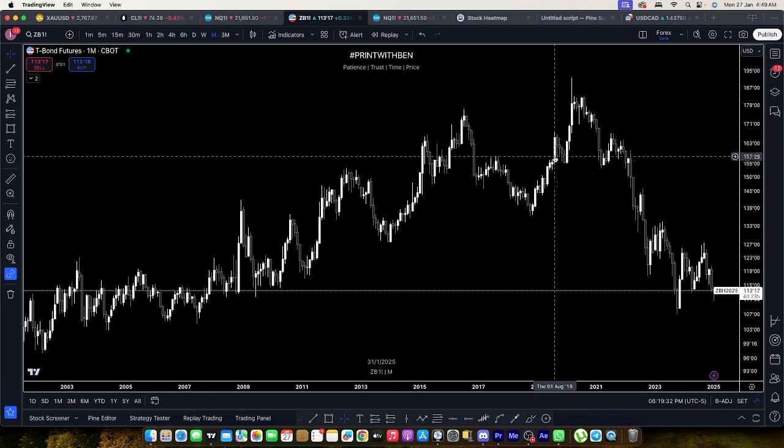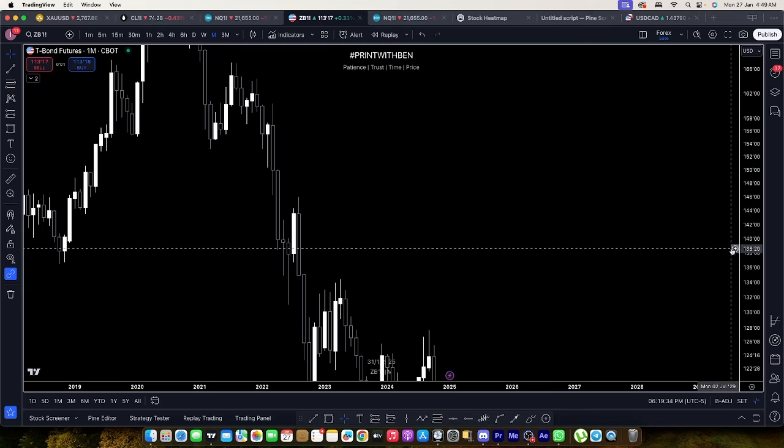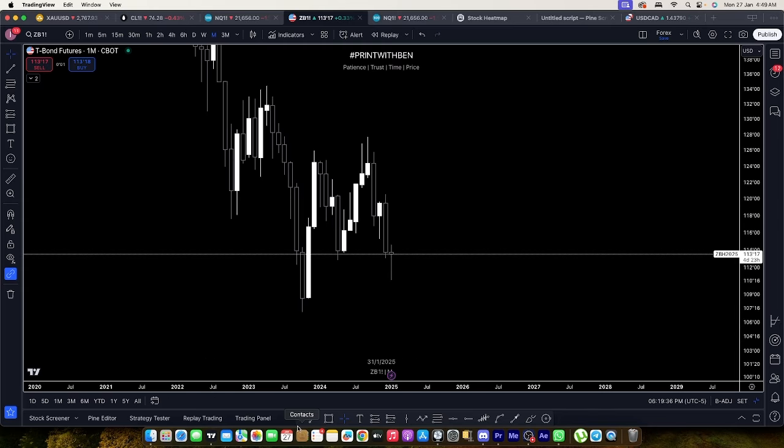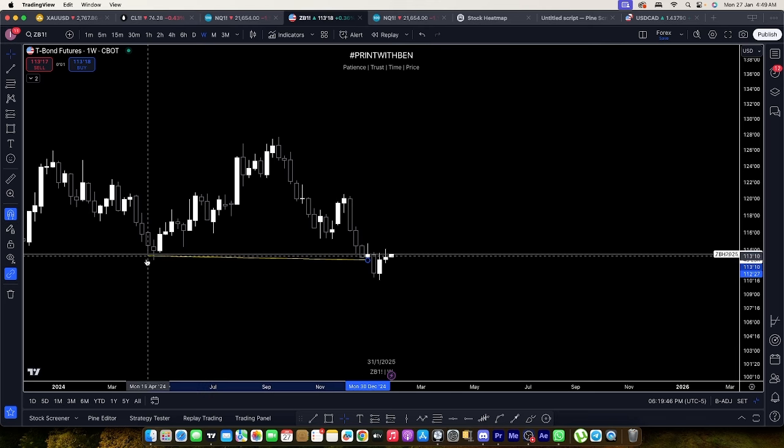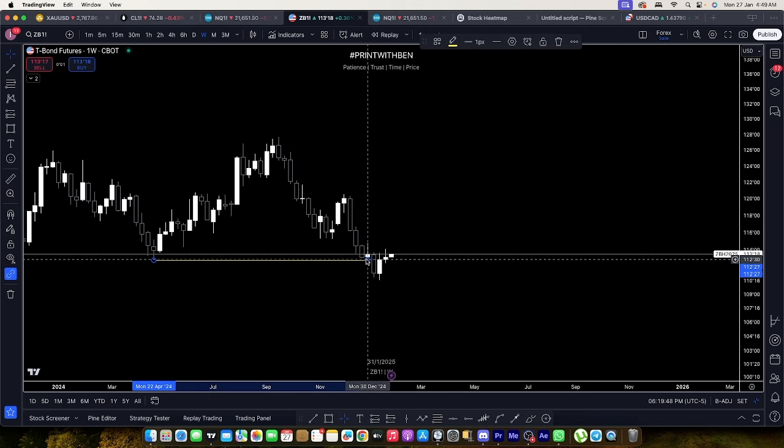So Z bondsஓட monthly time frame, what am I looking at? I see this particular turtle soup happened. So if this is the turtle soup, I want this particular candle to trade up back and close. We are almost there. End of the month வந்துட்டோம்ல, அதனால monthly power of 3 apply ஆகும்.